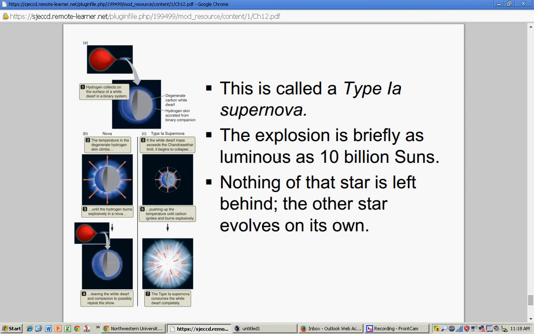Okay, look at the luminosity. Remember, luminosity is energy. 10 billion suns. So take the energy the sun produces now, multiply that by 10 billion. That is the energy liberated. That's why supernovae type 1, we are going to see later, are very important to establish distances to very faraway objects, because we can see them very far away. If you have a galaxy or a quasar that is billions of light years away, and one single supernova type 1 flashes out in the system, we can detect that, we can see that.